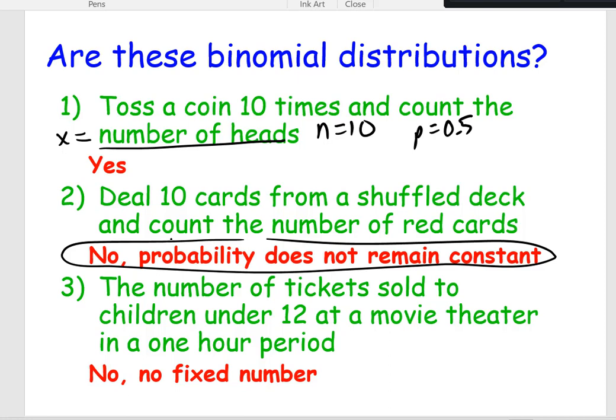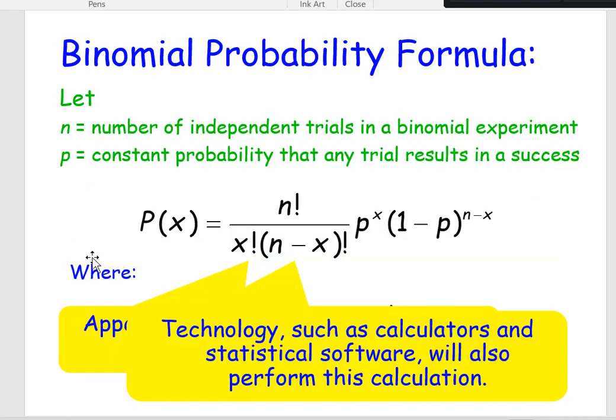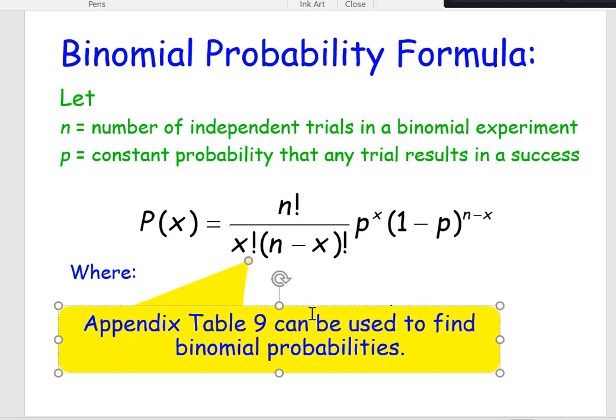The number of tickets sold to children under 12 at a movie theater in an hour period of time. This is not binomial because we're not controlling how many children there are. If we said the number of tickets sold to children under 12 out of the next 100 customers, that would be binomial. But saying an hour's period of time, we don't have a set number of trials there. So the formula for binomial probabilities,